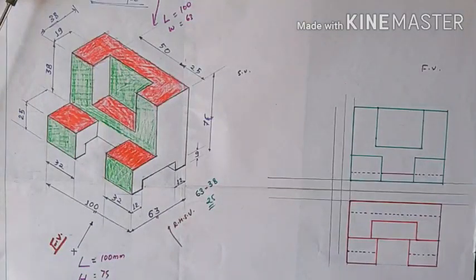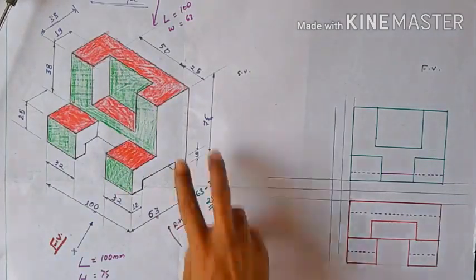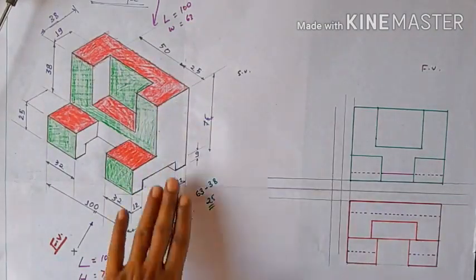So this is your top view, and now we can talk about the side view. Here this is your side view. What you all know is that only this part is completely seen here.